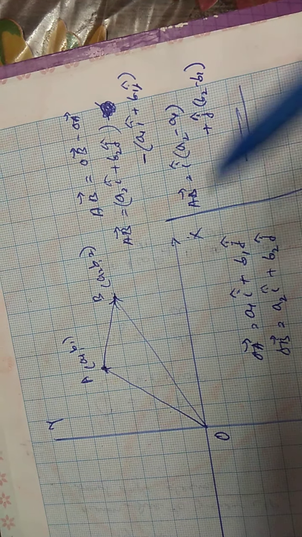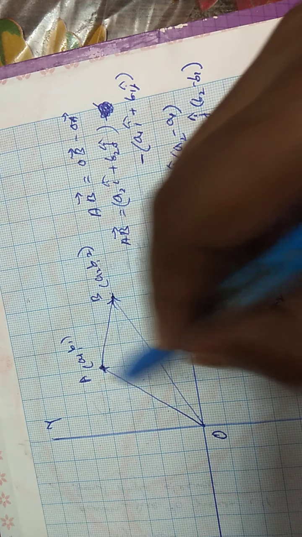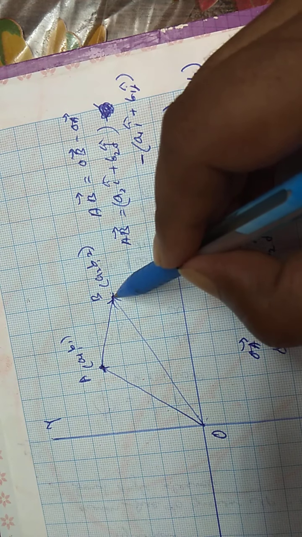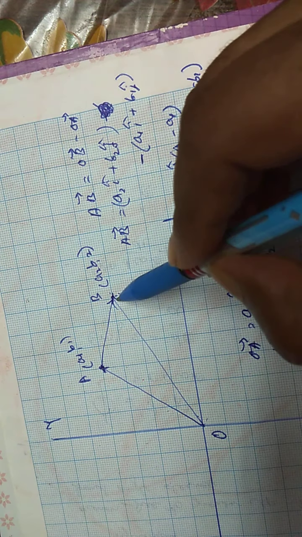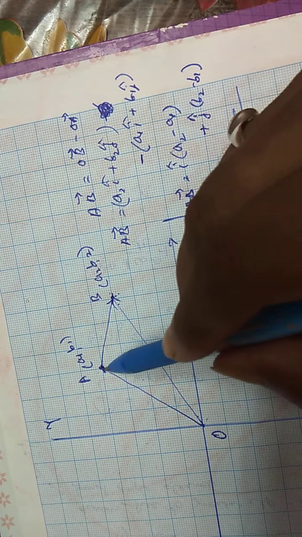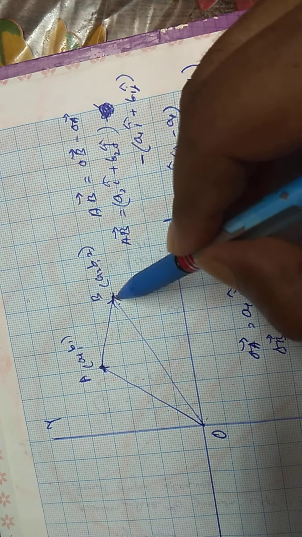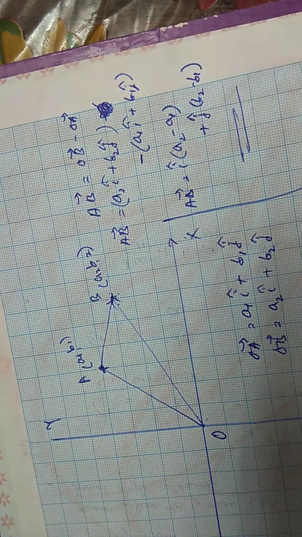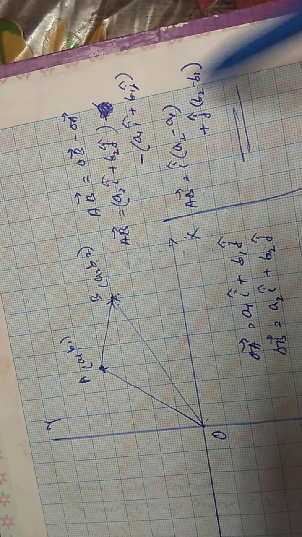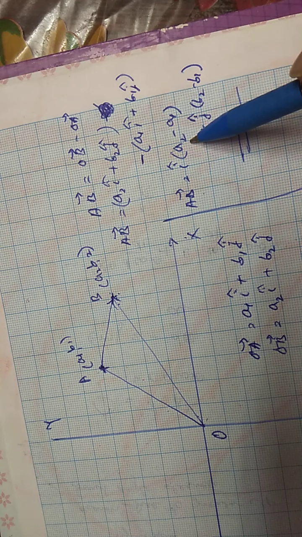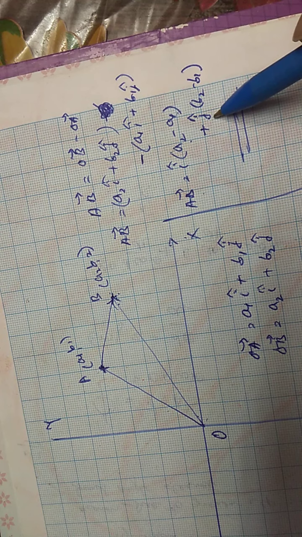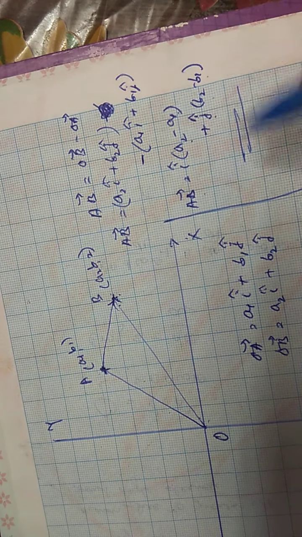That means if you are in position A initially, then you are in position B, you move from A to B, and since your movement is also a vector quantity, that movement is known as the displacement vector. You have displaced from position A to position B, and your displacement vector AB can be written as i cap in common A2 minus A1, and j cap in common B2 minus B1. This is your displacement vector.